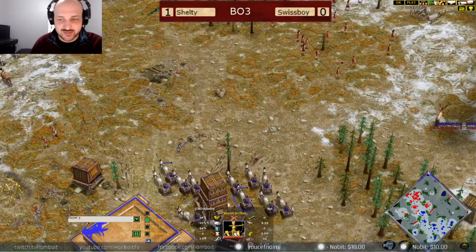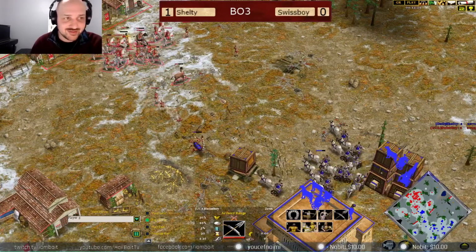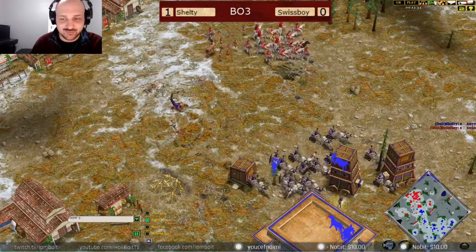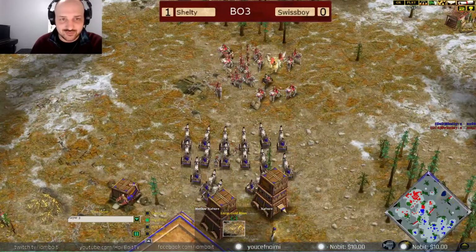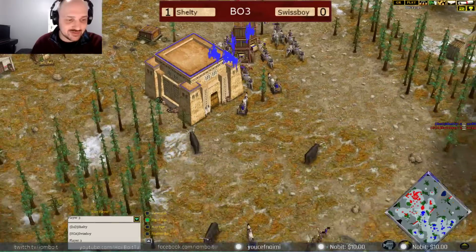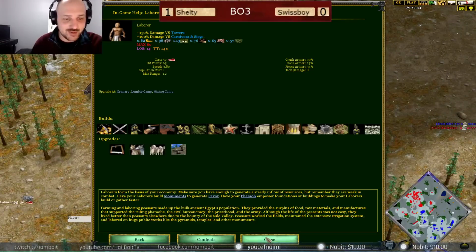Now we've got Shelty mass Hippocon against mass chariots. Seems like it would go the way of the Hippocon here. It's a very even fight so far, but Swissboy is going to be getting pushed off gold if he cannot continue to defend. That's the big situation here for him, whereas Shelty is just happily mining everywhere. He's got